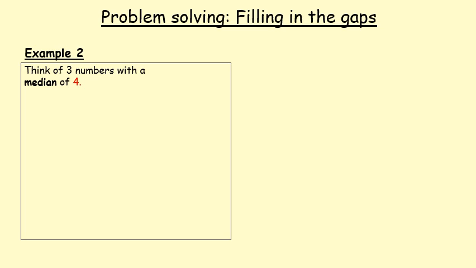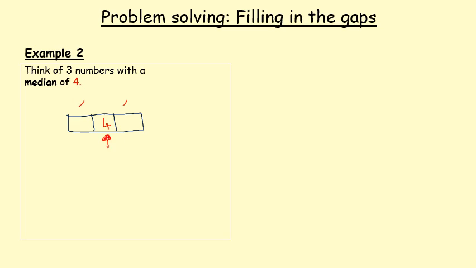Okay, so example 2, we want to think of 3 numbers with a median of 4. So to solve this question, I would again draw out my 3 boxes, and I would be thinking about what the median is. Now, because we know that the median, where we have an odd number of data points, is going to lie in this box here, whatever these numbers are, we'd cross this off, we'd end up with a median in the middle. When the median is 4 and we have an odd number, this number in the box has to be 4. And then any other number could go in these boxes, but we need to be quite